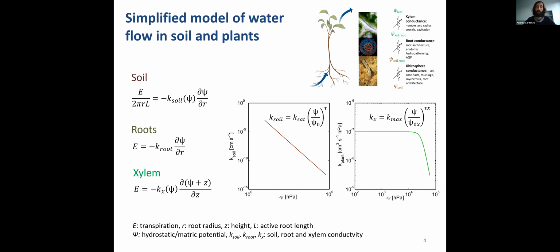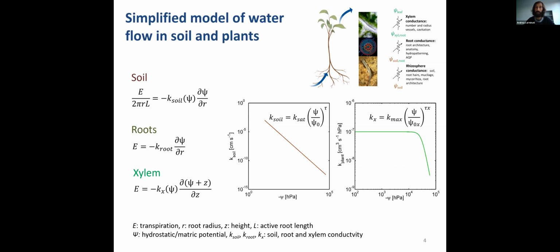So now, with this in mind, we try to develop a model that is as simple as possible, which is a set of flow equations in the soil, in the roots, and in the xylem, where in each compartment, the flux is related to a hydraulic conductivity that is a function of the water potential and a gradient in water potential. And the conductivities of both soil and xylem are nonlinear and they decrease with the water potential. And here we took a very, very simple example, just because we want to first describe this in